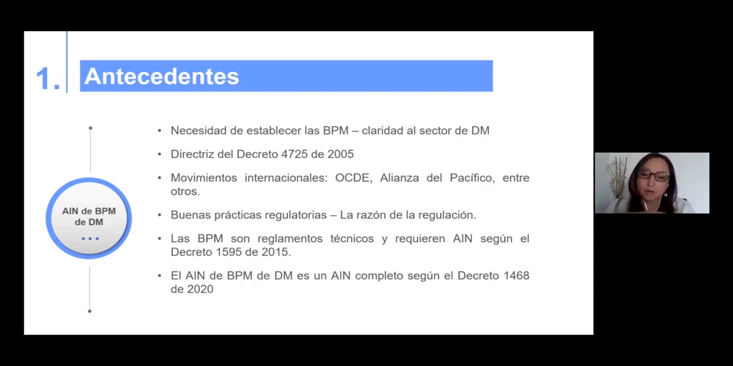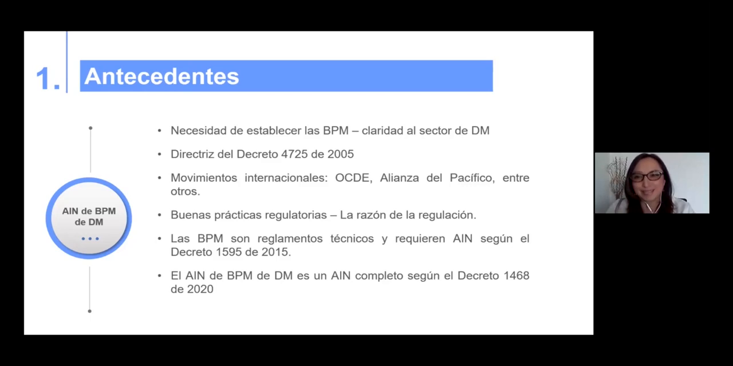It requires a multifactorial analysis to understand the best alternatives and solutions for any issues related to these regulations. Besides, we understand that the good manufacturing practices are technical requirements, so they require the RIAs according to Decree 1595 of 2015. And later on, we have the Decree from 2020, 1468, and it says that it requires a complete RIA for the good manufacturing practices for medical devices